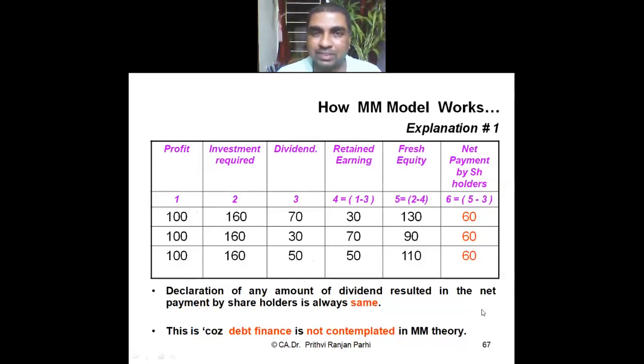This happens because we have assumed that there is a fixed investment, and we have also assumed that there is no debt, so we have to manage only through equity, right? So when only equity is there, we have to see how much money is collected from the equity holders and how much money is paid to the equity holders. All equity shareholders, new and old, are the same. Effectively, this much money is collected and this much money is paid. So effectively, net collection is this much. Understood? This illustration shows that irrespective of your dividend payment, net cash flow is the same.